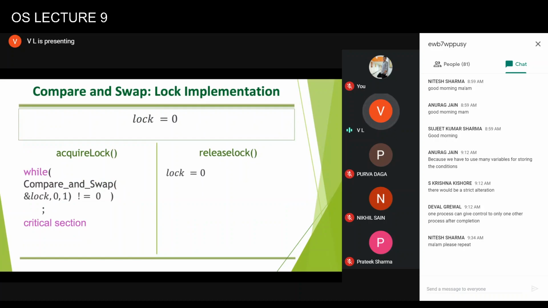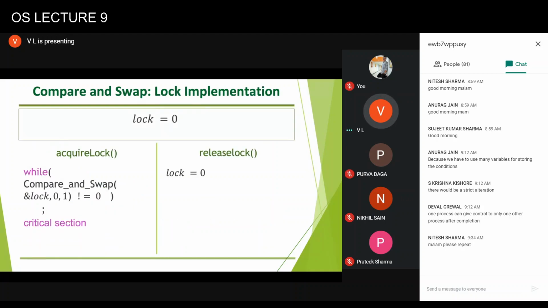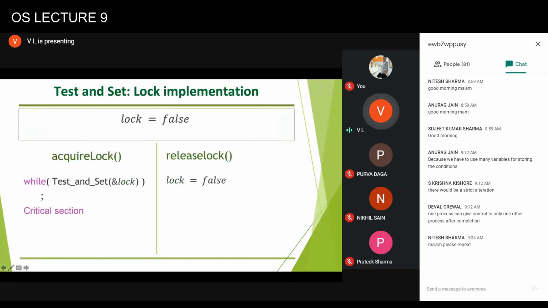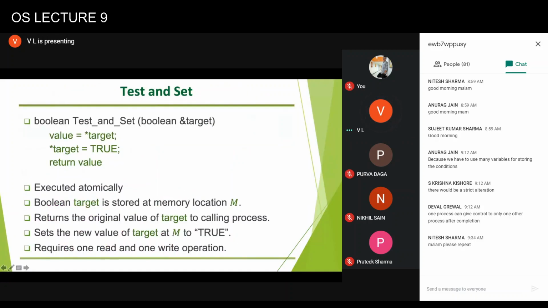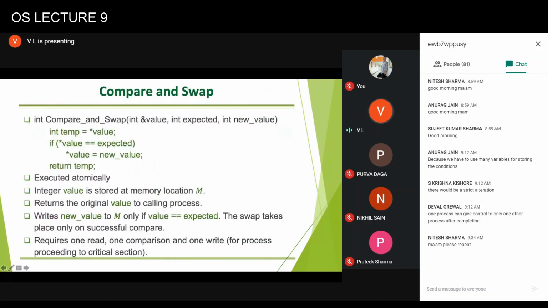So now compare and swap. Because these values are integers, we need not be talking about only 0 and 1. These values can change to other numbers also. In that condition, it also requires one read and one write. But compared to test and set, which will always require a read and write, with compare and swap the write may not be executed all the time. Only if the values are the same will the write be executed.